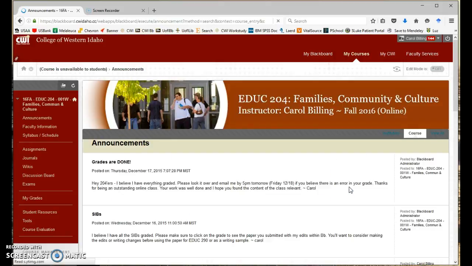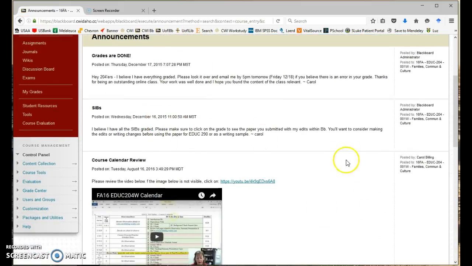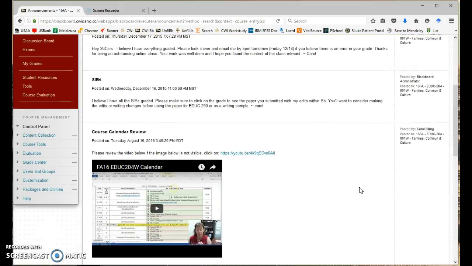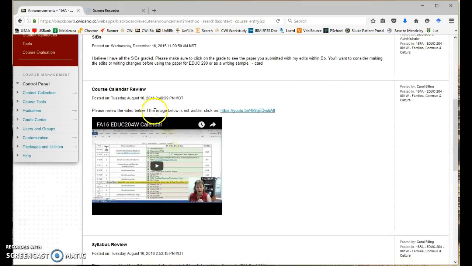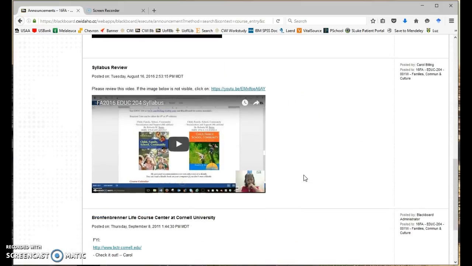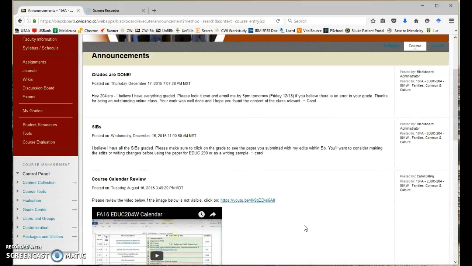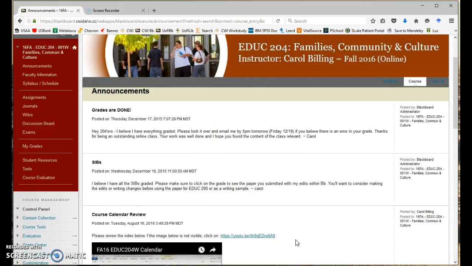Okay. So the first thing you want to do is read your announcements, and this is incorrect. You can see it's from December. I pulled it in from last semester, so I've got two things here I'll fix. That's not anything in December, it's pulled in from last semester, but this one is current, as you can see from the date. Some of these other things down here are just some notes. Make sure you read through the announcements though and watch the videos so you know about the calendar and syllabus, especially because it's fully online.